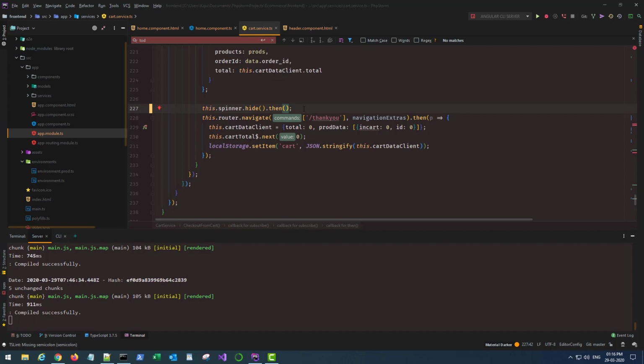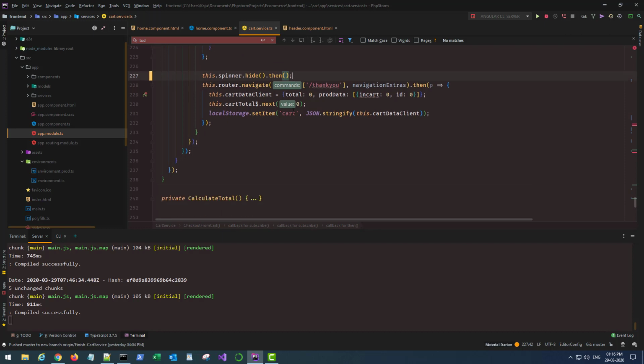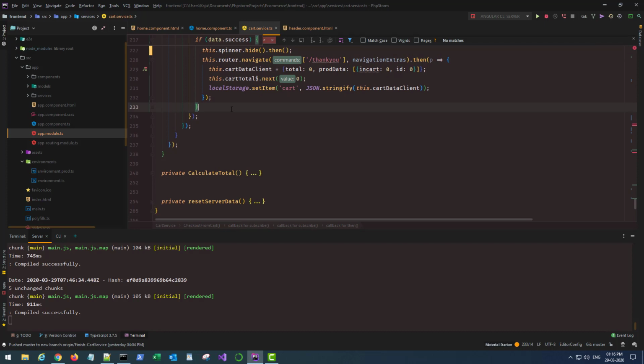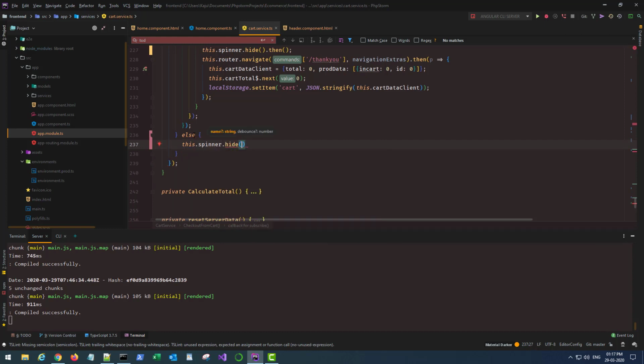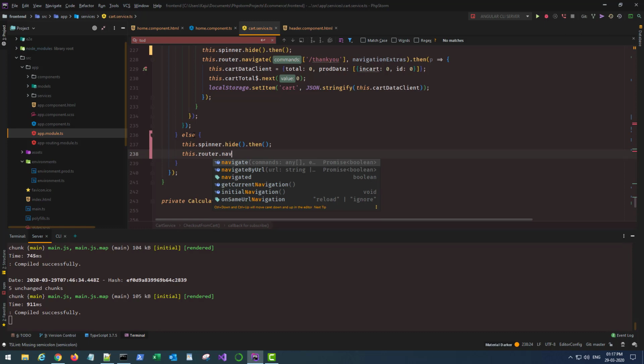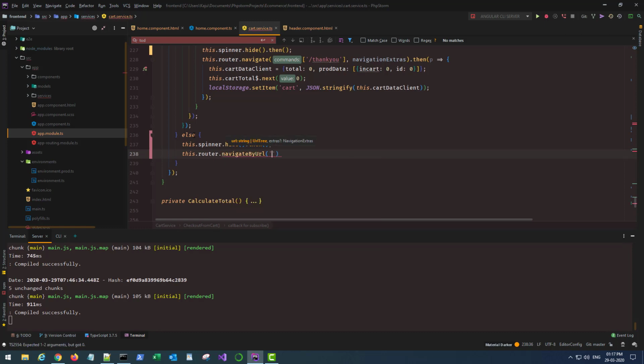Okay, so after that it'll navigate there. So this is my if block, I guess. So if this is not success, we'll have an else block also here where I will hide the spinner. Okay, and I'll use the router.navigateByURL to slash checkout .then,